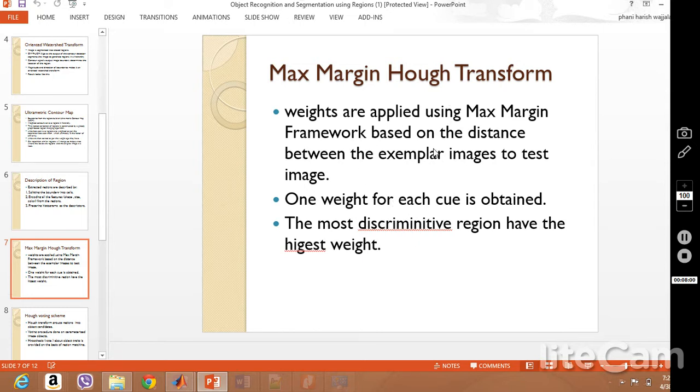The max margin view algorithm is the next step that we apply, which is again a weighting algorithm. Here we are creating an exemplar set of data, which will be used as the pool from which we have to match the images. Then there will be a test image from which we will test our similarity between our region